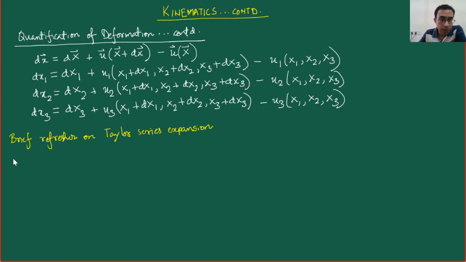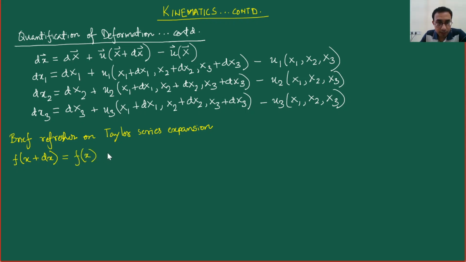First of all, if we have something like f of x plus dx, please note that in this little refresher on Taylor series expansion, whenever I write this small x, it has no connection whatsoever with these previous dependencies. This is just a general mathematical dependence. So this is just like your first year mathematics. So f of x plus dx is given by